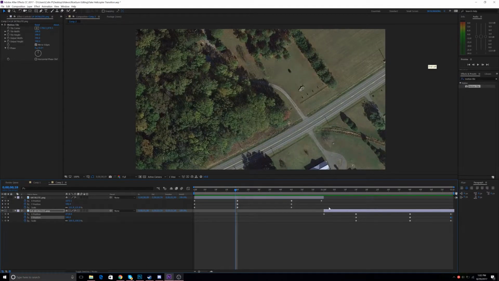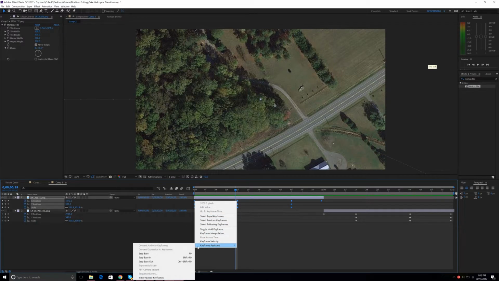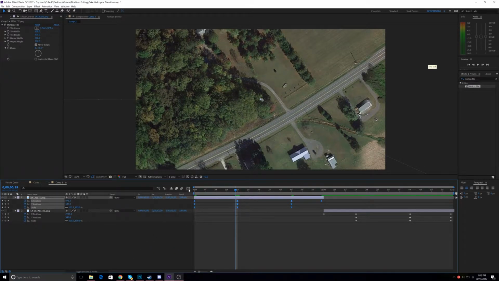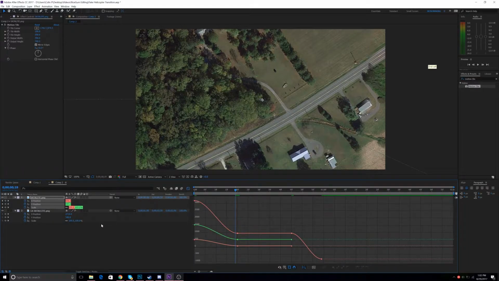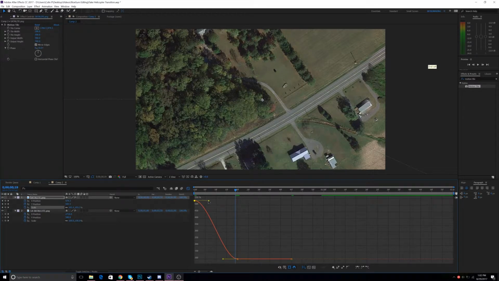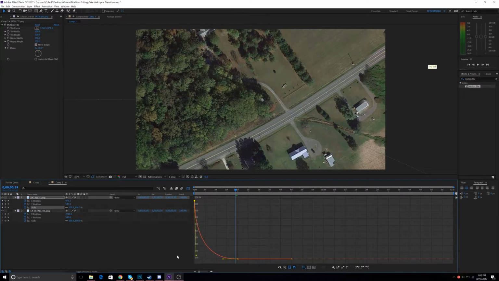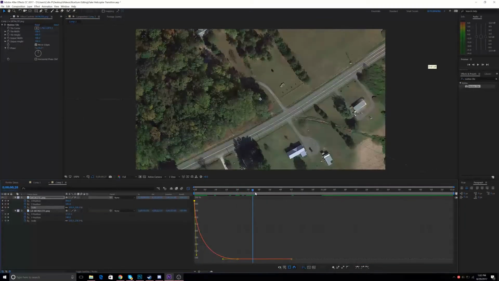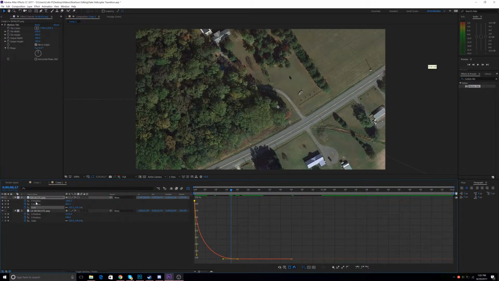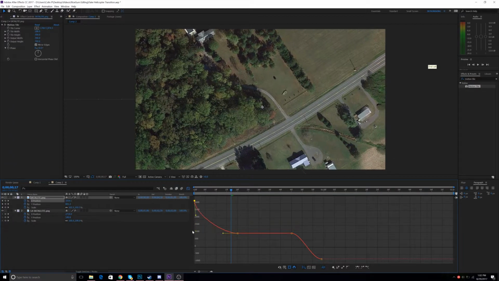But now all we have to do is select all the keyframes from the first one, right click, keyframe assistant, easy ease. Now go open this graph editor right here, and we're going to want to play with all of these. So for the scale, you want to drop the first keyframe down like this to make it a slope. You want to make it a slope like this so it zooms right out. And then you're going to take the X position, you're going to make it another slope,